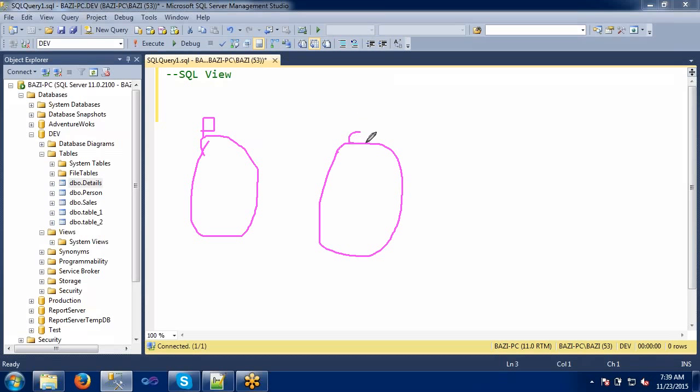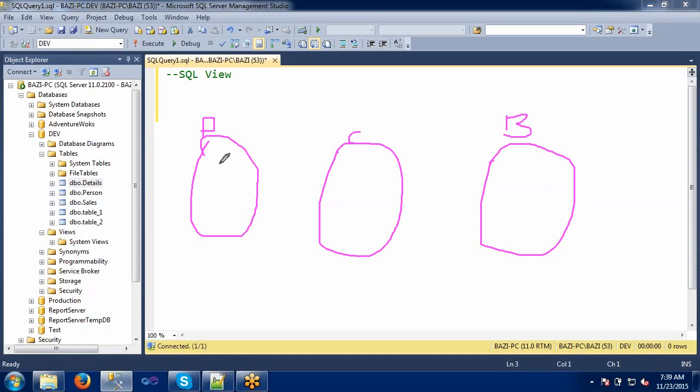These are the two tables. Let's take one more for a real-time scenario: product, customer, and booking. So these are the three tables.